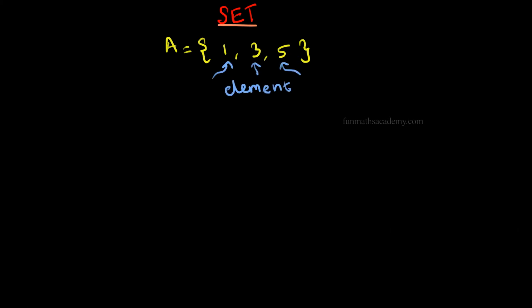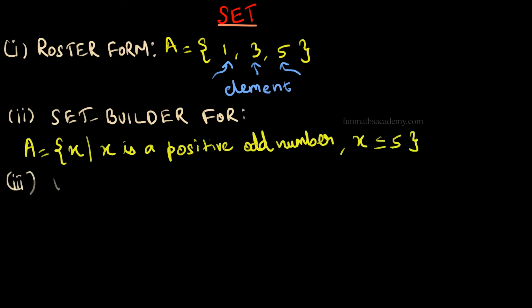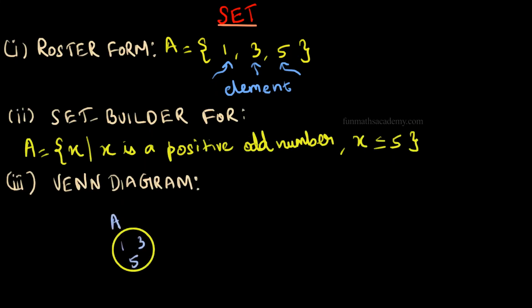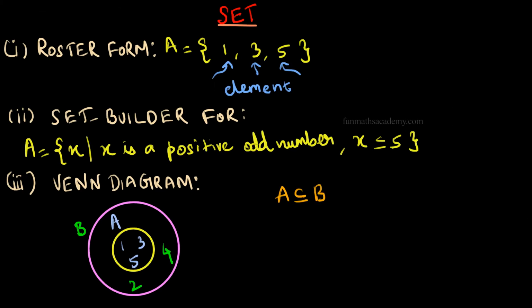Before we jump into the topic, let us recall a few terms we shall be using today. A collection of distinct objects is a set, and every object inside the set will be called an element or member of that set. A set can be represented as set builder form, roster form, and as a Venn diagram. If all elements of set A are in set B, we call A a subset of B. If at least one element of A is not in B, then A is a proper subset of B.